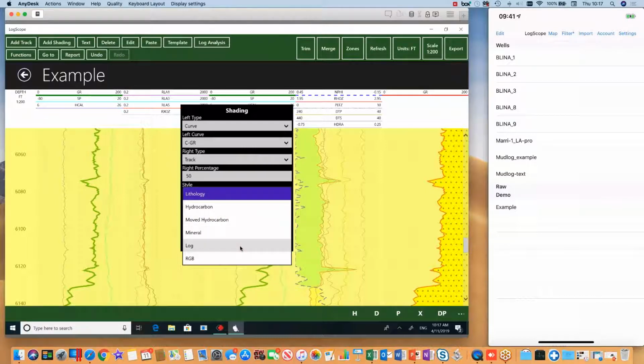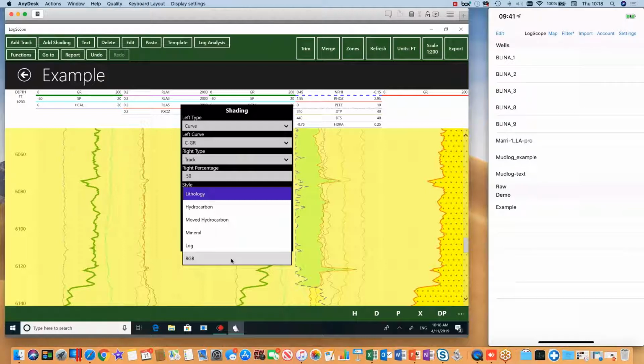But I also have the ability to make the shading a log attribute, or we can also use red, green, and blue, which means that you can use 3 curves to color the shading, and each curve is either red, green, or blue. It's extremely useful if you've got a spectral gamma ray, and